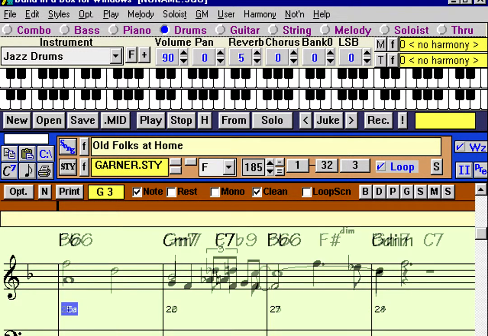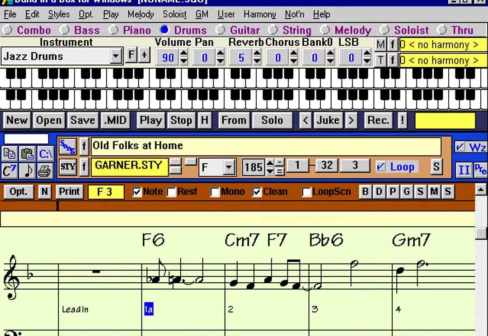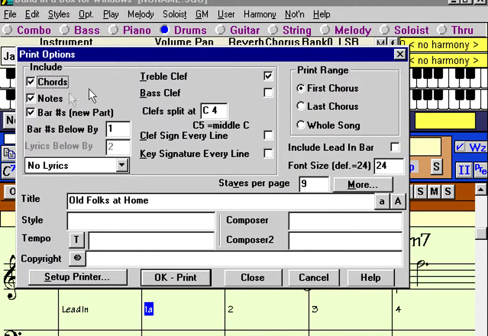So at this point, this song is completed in probably under 5 minutes. It has a title, key signature, tempo, etc. It's ready to be printed, and if we print, we can set some options which I'll discuss later, but the defaults look pretty good, which is that it'll just print the treble clef, it'll print chords, notes, bar numbers,